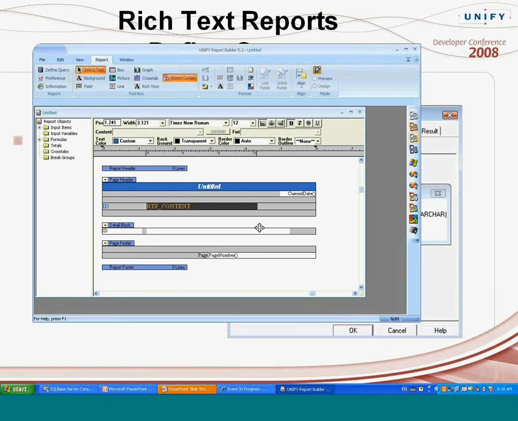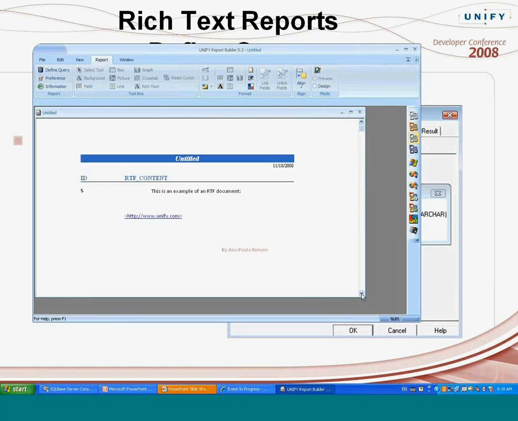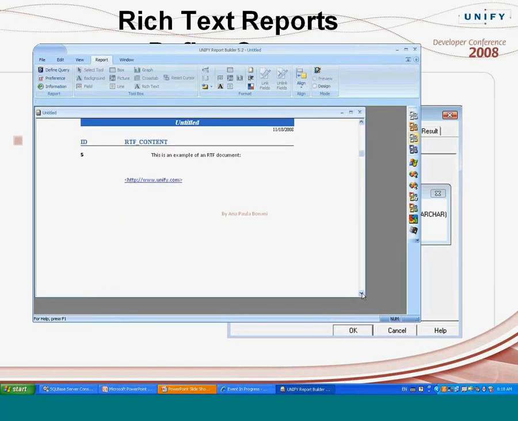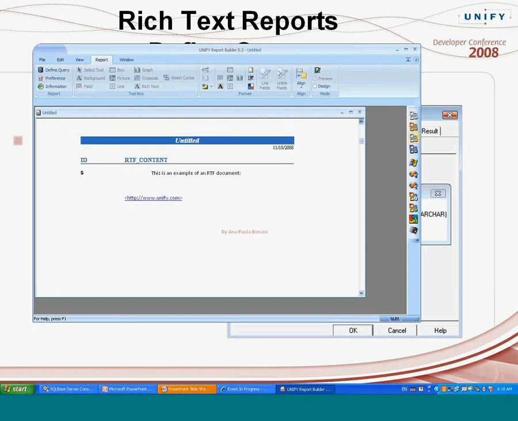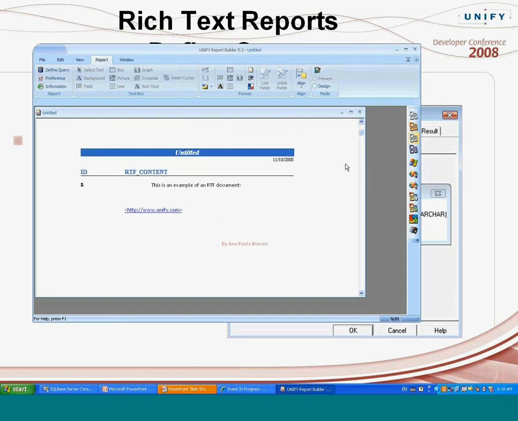I can expand the size of my rich text object and go into preview mode, and my data is correctly retrieved automatically. So it's total integration from Report Builder to RTF data being retrieved from your database, as if you were using any type of data,